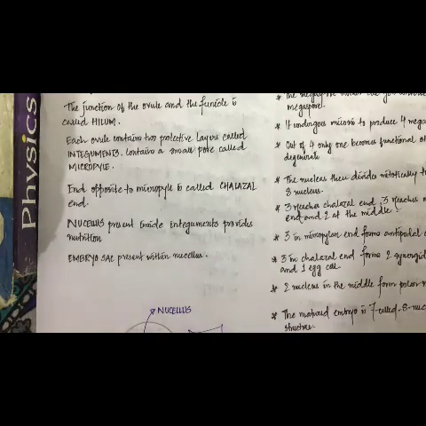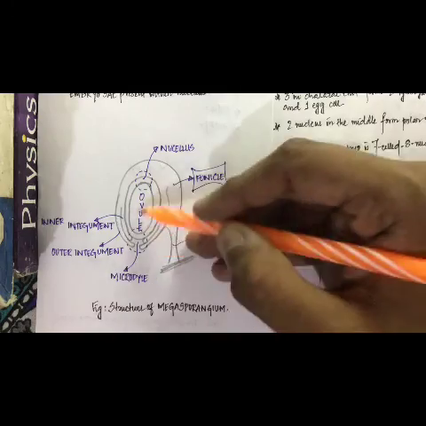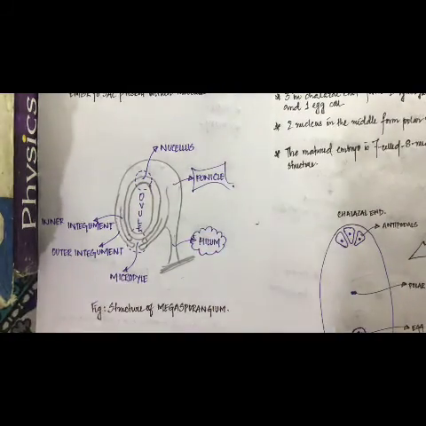Next up, we are going to see how the cells of this megasporangium produce the ovule. Listen to it very carefully. We are going to see how, inside this particular place, this ovule is formed. It is very, very important, so listen carefully. Finally, we are here to understand how this ovule is formed.